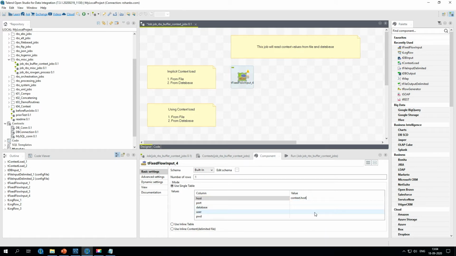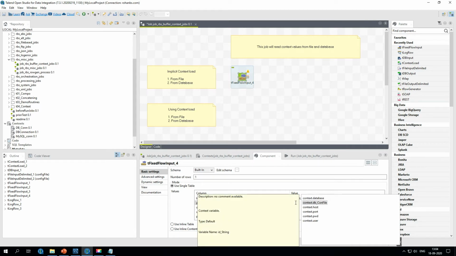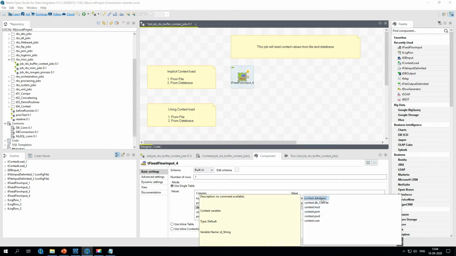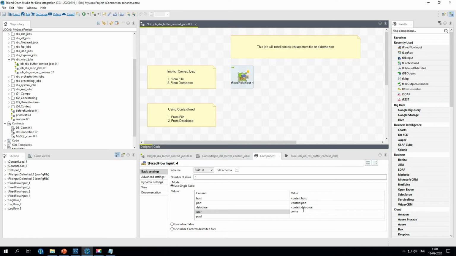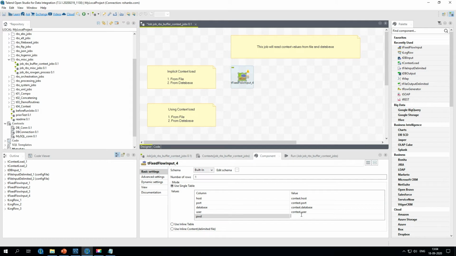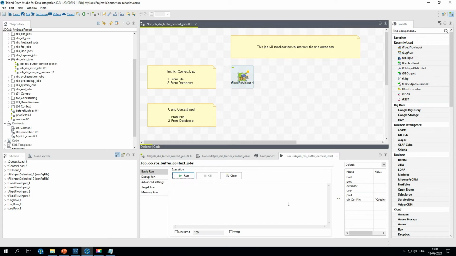So under that, we will directly make use of this: host, port, next is our database, then the user, and the last one is password. Now that we have mapped each of these columns with the respective context variable, when we run this job, the values of those variables will be read and printed on the console.